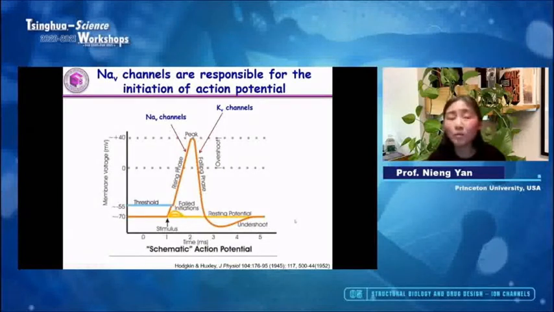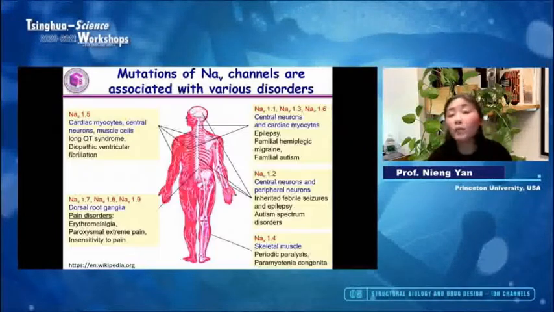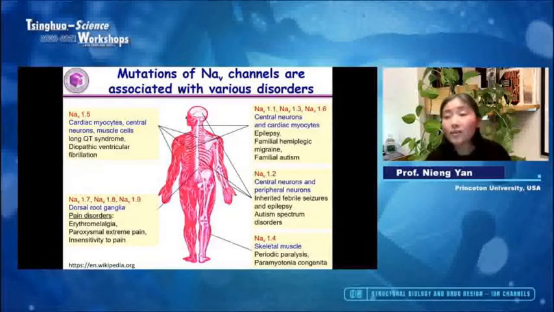But this is a highly simplified diagram. It is subject to very complicated regulation, and there are some other variations depending on the tissues. From my description, you can tell how important the sodium and potassium channels are. So I have been focusing on sodium channels, and because of their physiological significance, the 9 subtypes of sodium channels, NaV1.1 to NaV1.9,